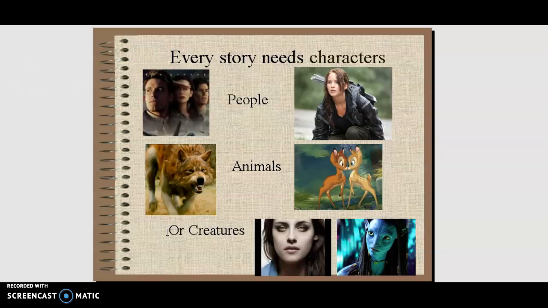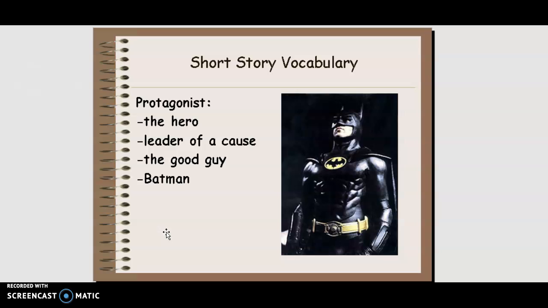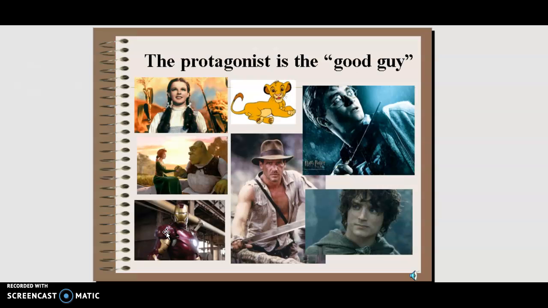Every story needs characters. People, could be animals or other creatures, but we need characters in a short story. Also, we need the vocabulary, and we start with the protagonist of the story. That could be the hero, the leader of a cause, the good guy, or for example, the guy that we see here in this picture, that is Batman. The protagonist is the good guy, and here we can see some examples like Harry Potter, Iron Man, Shrek,